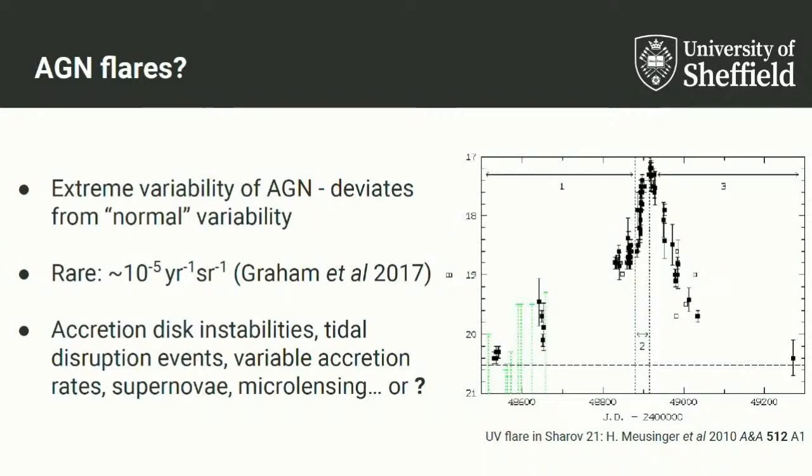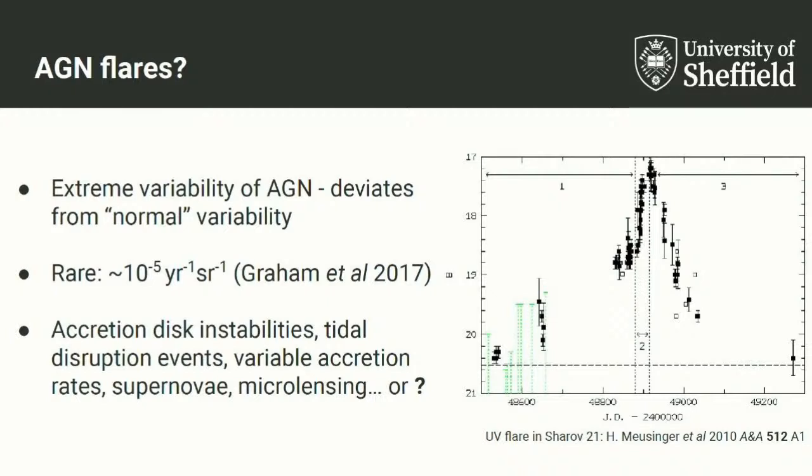Now, they're thought to be extremely rare, occurring once every 10,000 to 100,000 years per galaxy, and their origin is not known for sure. So there's some suggestion that they could be caused by the same mechanism as variability,